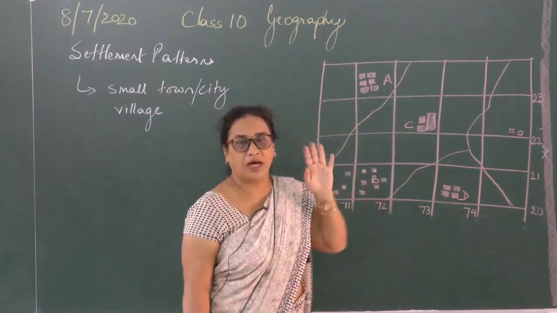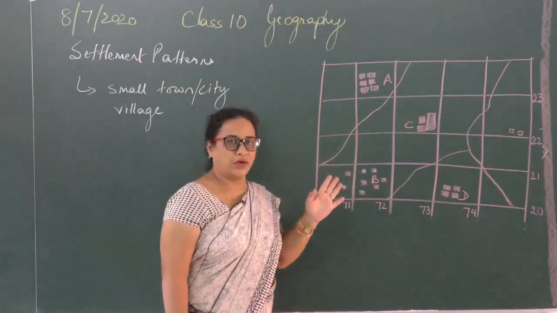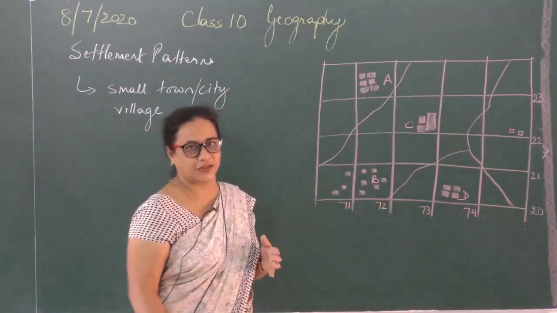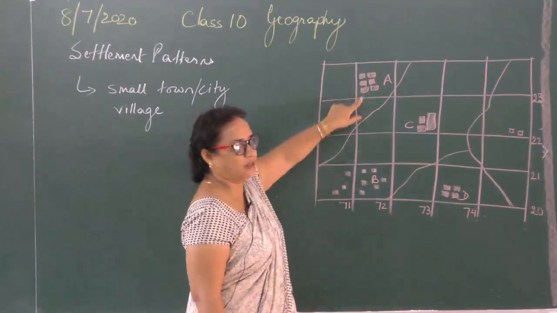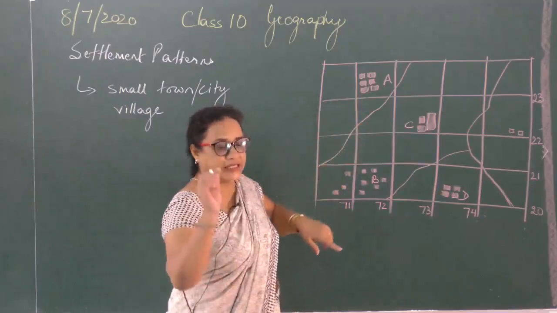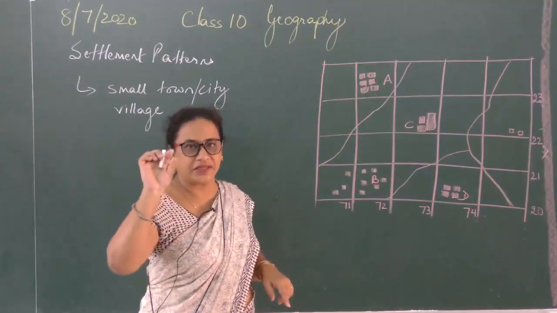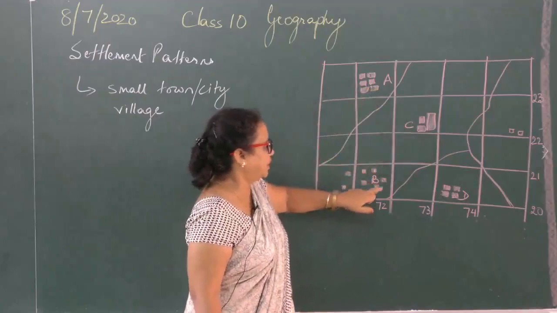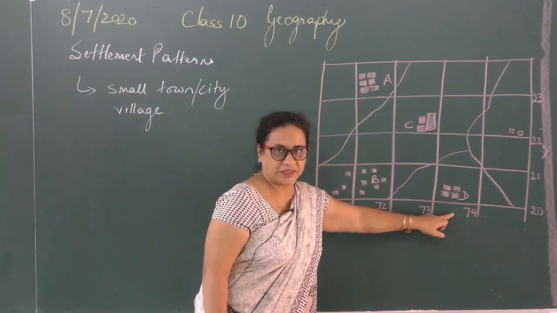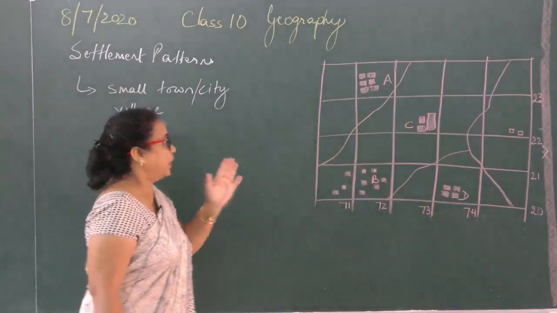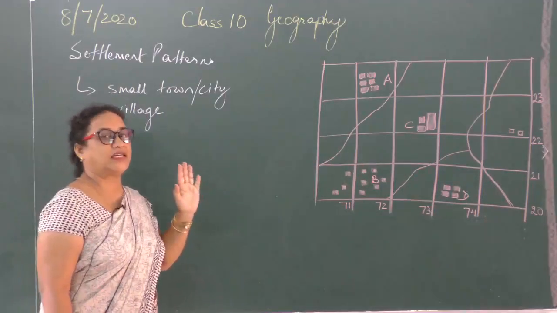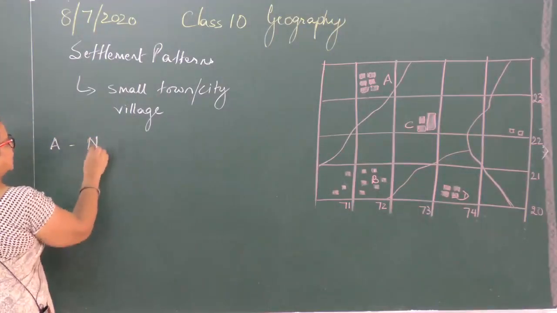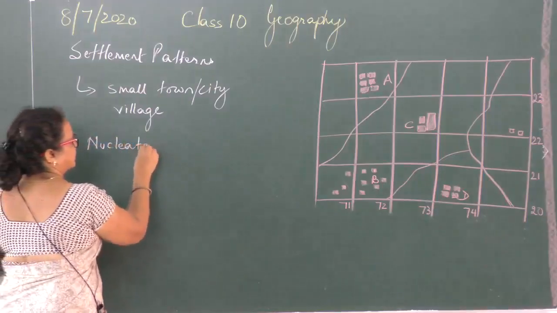Now we don't call them houses in contour language. We call them permanent huts or temporary huts. The word huts is used. Clear? So please remember the symbol. Red blocks of different shapes and sizes, and typical names will be written on the map sheet. For practice work, I have named the settlements as A, B, C and D settlement. Clear? Now, you will be asked to identify what type of settlement it is. Clear? So, settlement A, we use the word nucleated settlement.